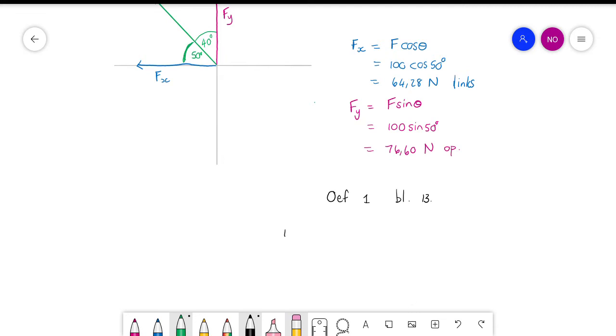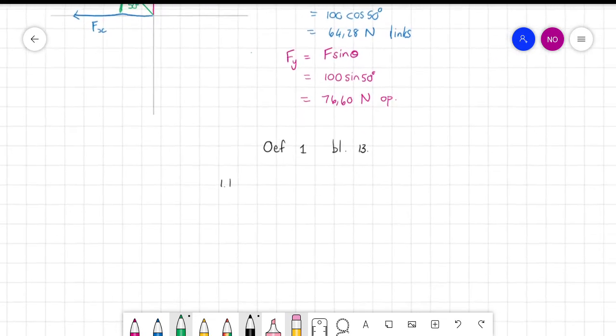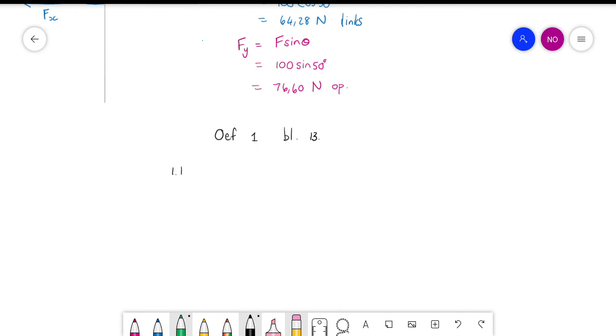Okay, so for 1.1 is die opdrag bereken die horisontale en die vertikale komponent van 'n opwaartse trekkrag, a pulling force of 550 Newton that has an angle of 40 degrees with the horizontal. So what they're doing here